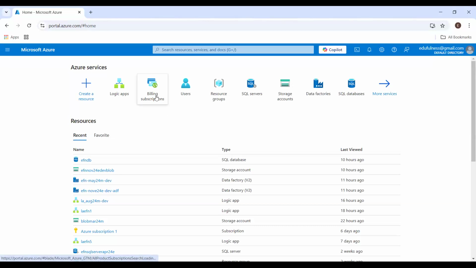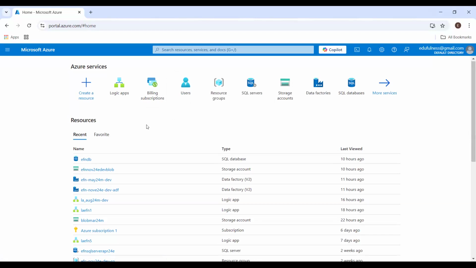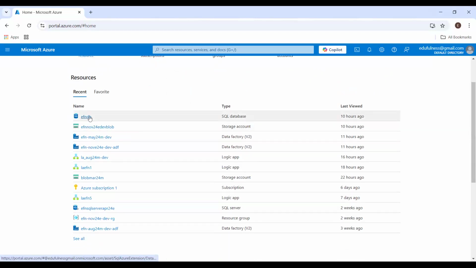Every day in our class also, whenever you start discussing purely Azure, we will go to the billing subscription. So every day it is your duty to monitor what is happening in your billing. Plan type means based on the resource you are using.